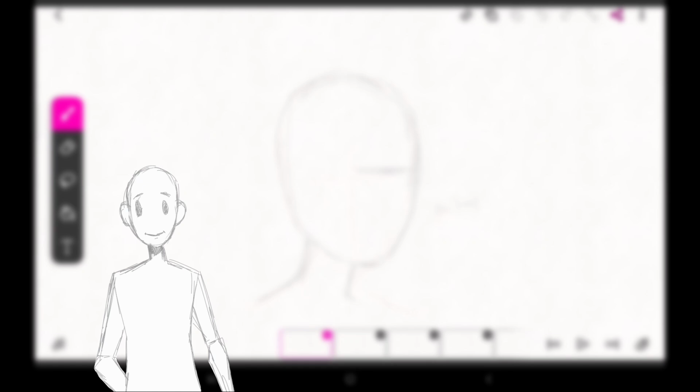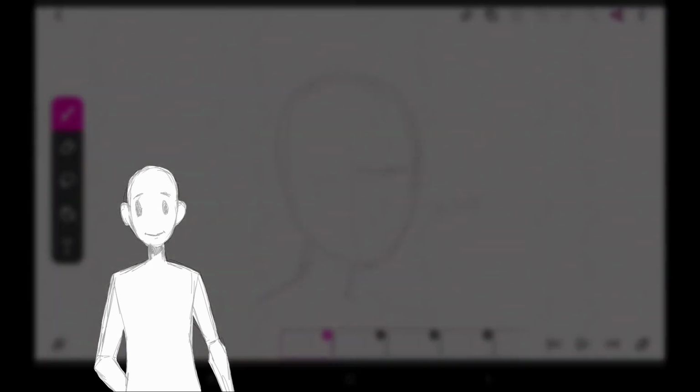The first thing is that it helps you to have a rough idea of the proportions of your character. It helps you try as much as possible to keep it consistent. And the other thing is that it gives you a rough idea of the timing. So it's acting as the foundation. Now the sketch layer goes a step further, and what it's basically about is to give you more details